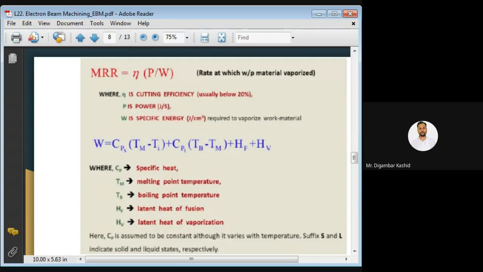Okay, so W means the specific energy required to vaporize the workpiece surface. That is the main formula. Now again, how to calculate that W? For that purpose also we got one formula, again from the literature review, that means from different researchers' papers. So to calculate that W, you can use the formula: Cp into Tm minus Ti plus Cp